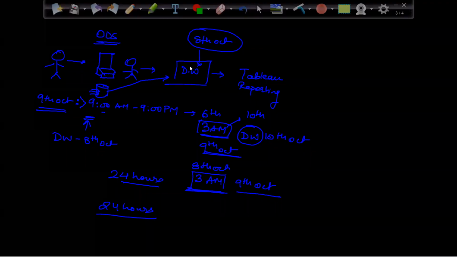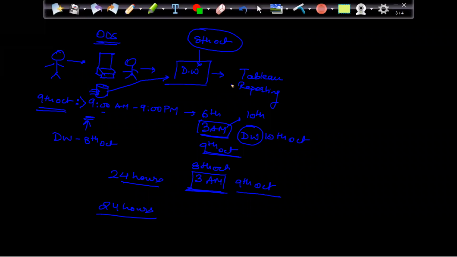Now what I'm looking for is, here in the data warehouse, the data which I have on 9th from 9 a.m. to 9 p.m., which data is that? 8th October data, because my 9th October data is still not processed in my data warehouse. And during the morning time, management wants to do some analysis.